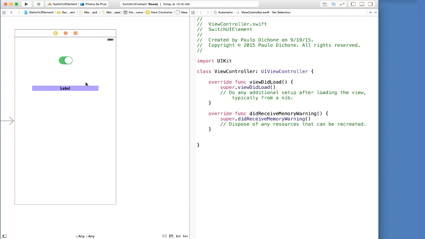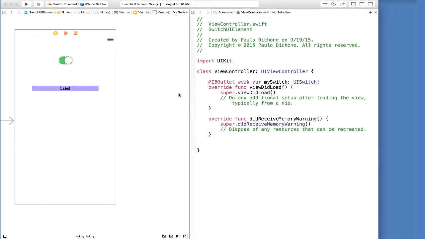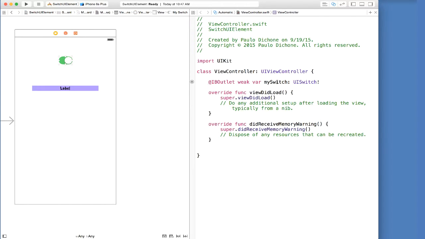Great. So first thing we need to do, we're going to connect our element here, our switch, into our code. So control-drag right underneath there, let go. This is going to be an outlet. We're going to call this mySwitch. Click OK. So now we have a way of referencing our switch from our user interface, from our view controller, into our code. Let's do the same with our label.